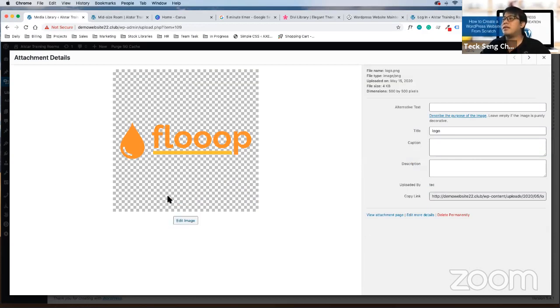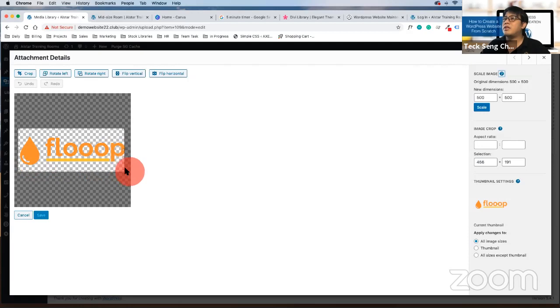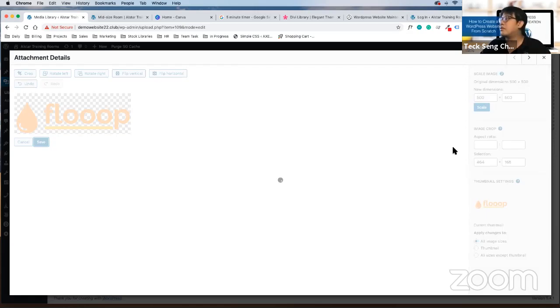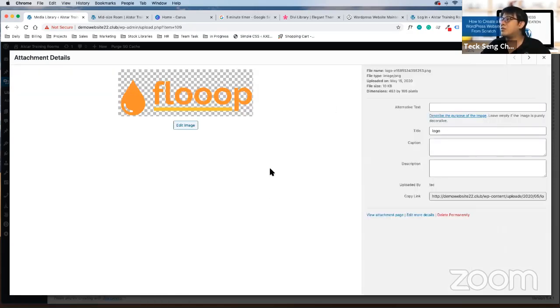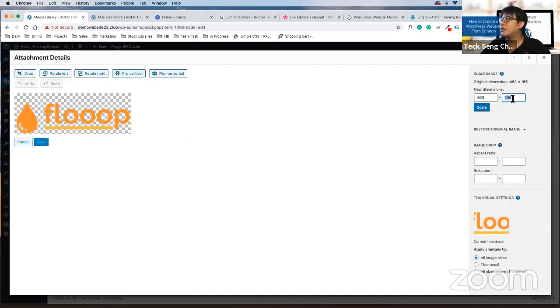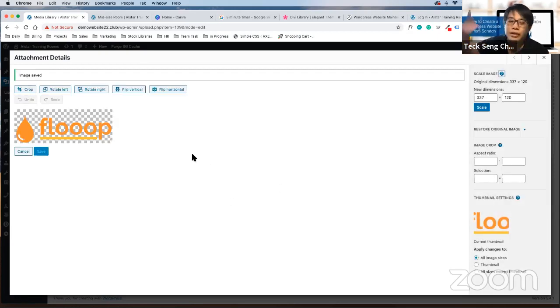Okay, so same thing, edit image, crop the image, crop this. I save it. So you can scale it one more time, edit, and then scale to 120. So edit, scale to 100 and 165 also can. Actually, plus minus. Logo should be okay. Don't need to go until 500, 600. Okay, then you should get it in.